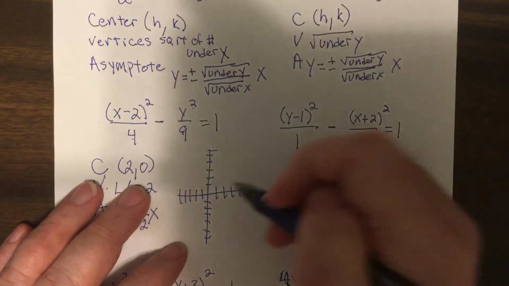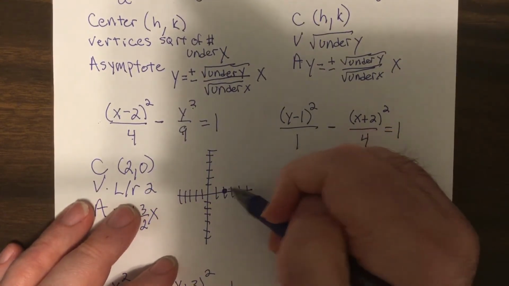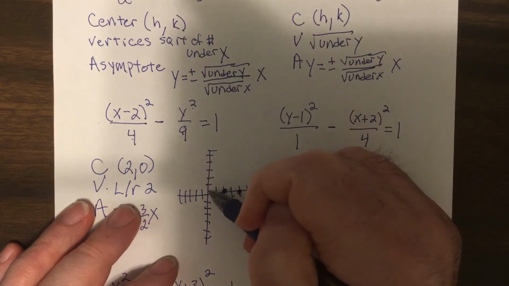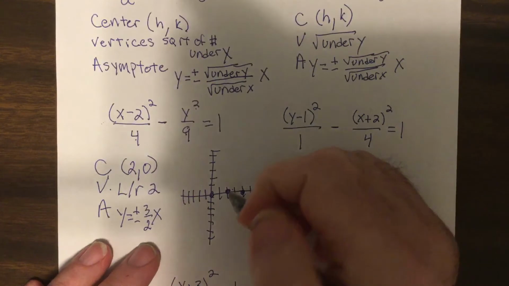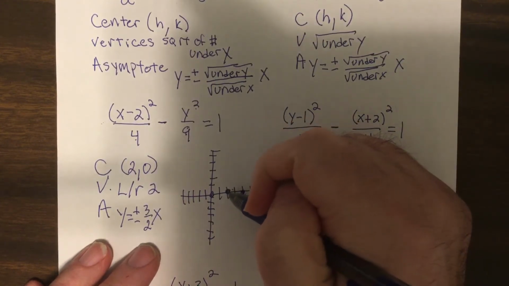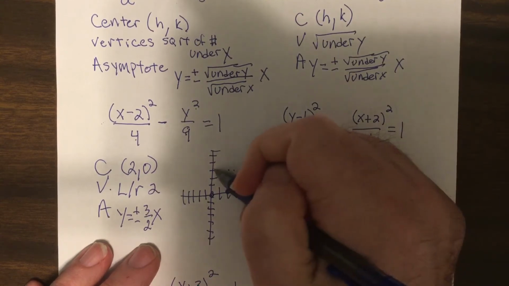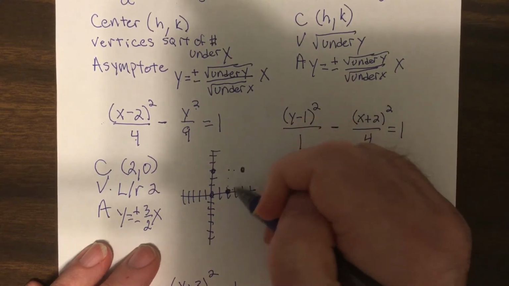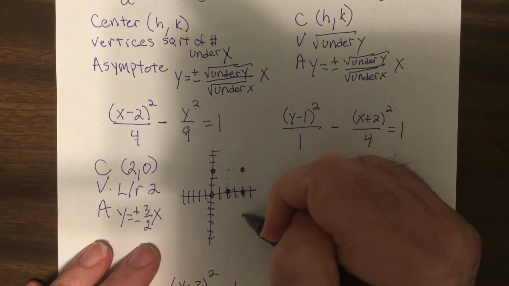So let's plot this. 2, 0 is here. It goes left, right, 2, so here and here. And here we go, 3/2 from the center. 1, 2, 3, 1, 2. 1, 2, 3, 1, 2. So notice it's always above and below,